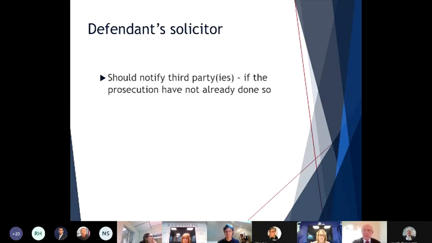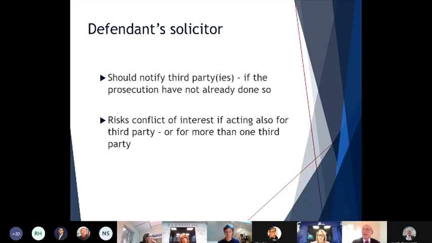I would say from the point of view of the defendant's solicitor, he or she needs to ensure that the third parties are notified if there's a Section 10A application. Now, the prosecution ought to notify the third parties where there's going to be a Section 10A application, but, you know, better safe than sorry, get them notified. And there is a risk of a conflict of interest if you are acting for a defendant and the third party, or even if you're acting for the defendant and more than one third party. And there have been some rather sad cases before the Court of Appeal